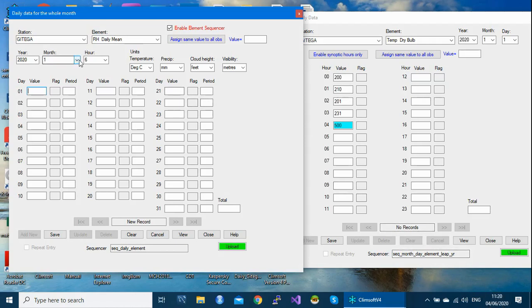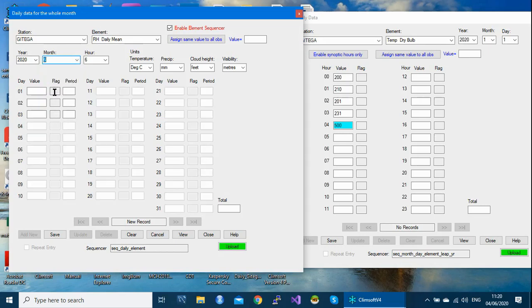If I change the month here, say we are in June, it will say okay, we are in June, but you are allowed to enter data on day 1, day 2, and day 3 only. The rest are future dates, so the system will not allow you to enter such data.